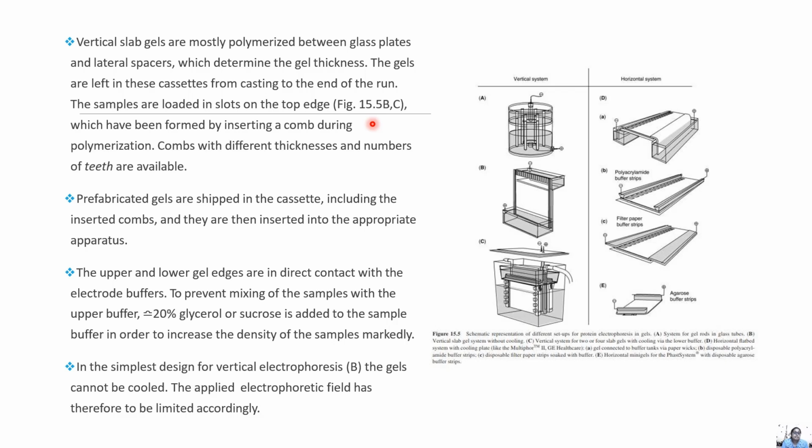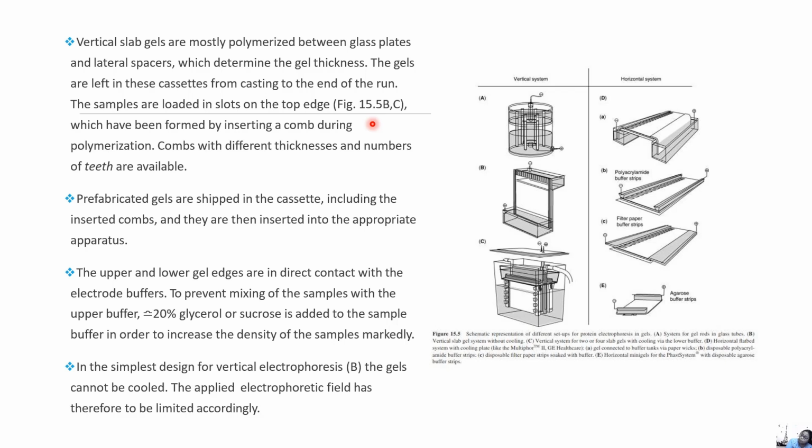Vertical slab gels are mostly polymerized between glass plates and lateral spacers, which determine gel thickness. Gels are left in these cassettes from casting to the end of the run, and the samples are then loaded in the slots on the top edge, which have been formed by inserting a comb during polymerization. Combs with different thicknesses and numbers of teeth are available. Prefabricated gels are also shipped in the cassette, including the inserted combs, and are then inserted into